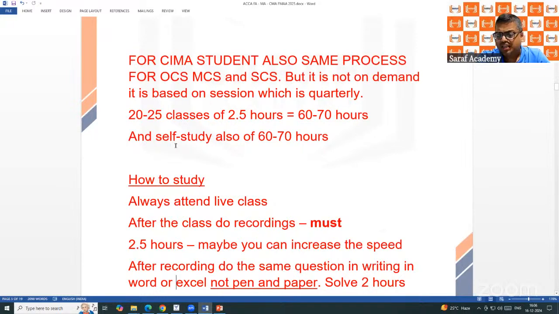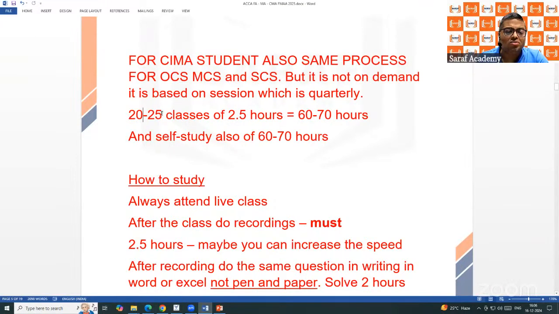For CIMA students, I am not showing anything because I don't have your platform, I don't have the ID and password of any student. When you register with the CIMA Institute on the FLP platform, there is an exam tab. You select OCS, MCS, SCS, whichever is there, and book the exam. No payment needs to be done because payment is already done annual subscription-wise. As I said, we will not be taking it now.